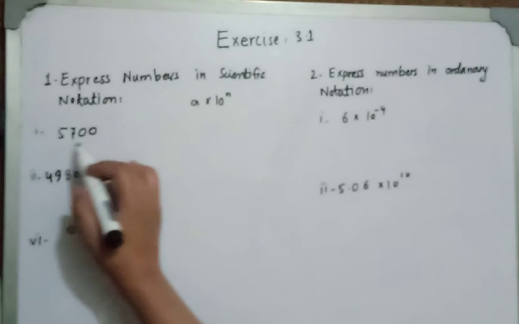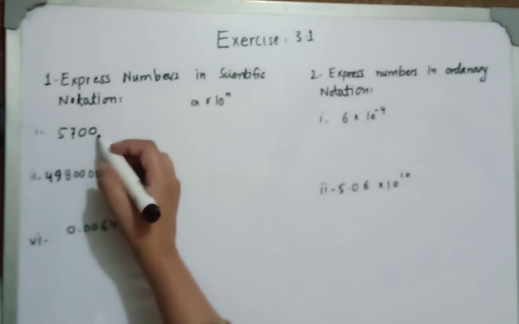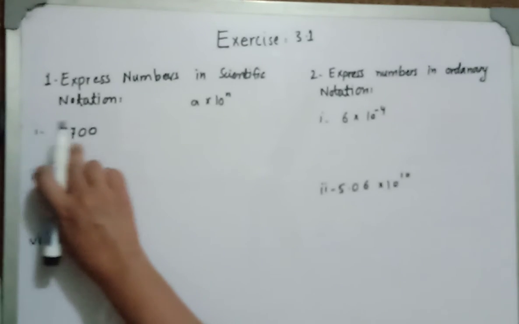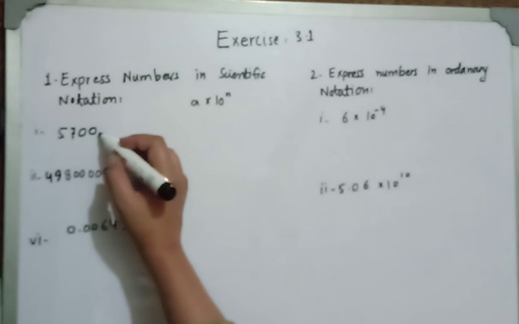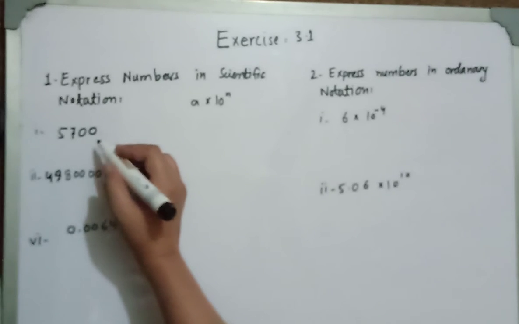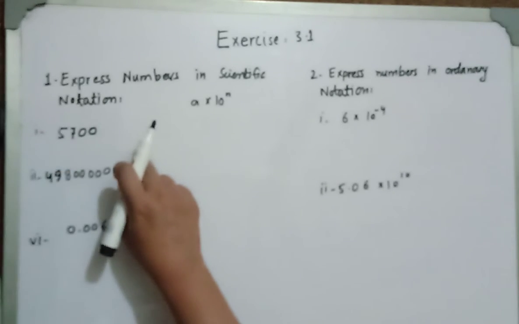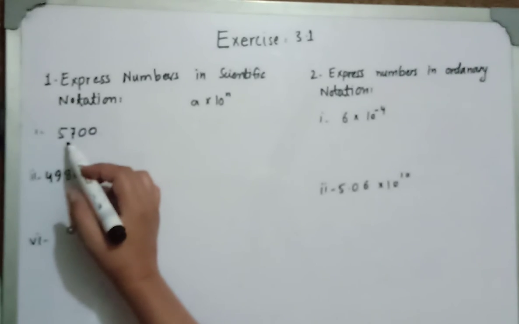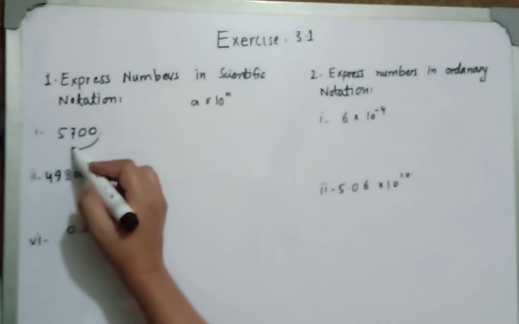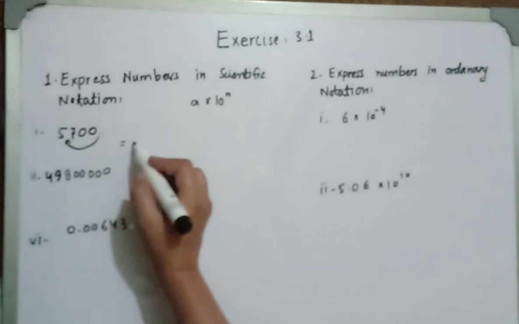We are going to write it in scientific notation, and we know that if there is no decimal in a number, then the decimal is at the end of that number. Like in this case, we don't have any decimal, it means that the decimal is here, right? Now in scientific notation, we write the decimal right after the first non-zero digit. In this number, the first non-zero digit is 5. It means our decimal should be here after 5. So I'm going to move this decimal from here to this point, right? So I will write that this is equal to